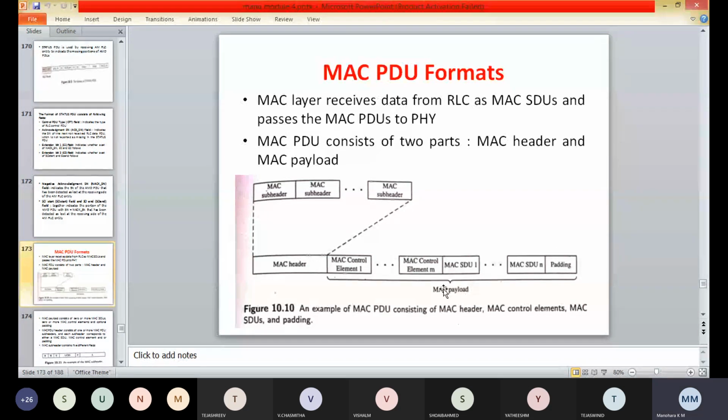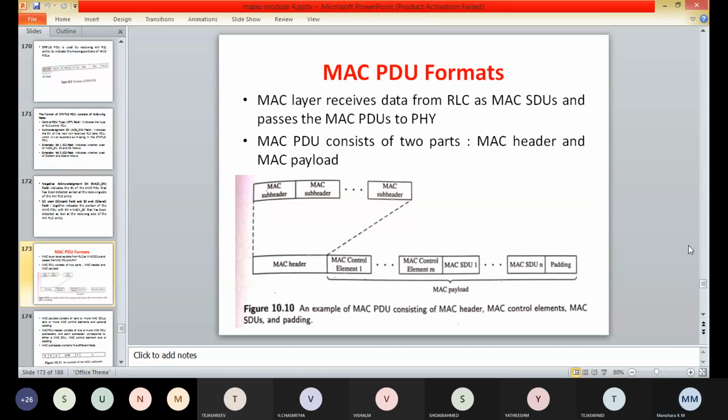The format of a typical MAC subheader is as shown in the figure, which consists of 5 fields: the R field, E field, LCID field, F field and L field.